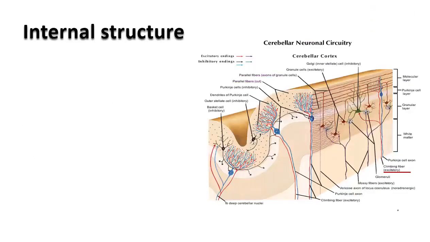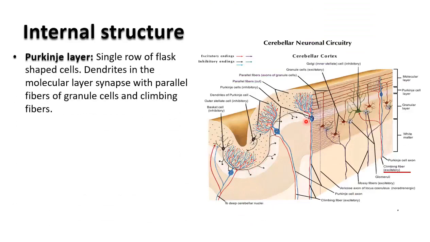So next, passing on to the Purkinje layer, you are able to see a single row of flask shaped cells which are called the Purkinje cells. So these Purkinje cells, mainly the dendrites, I told you, synapse with the axons of the stellate cells and the basket cells. That takes place in the molecular layer. The axons of the Purkinje cells enter into the deeper layers. That is, they pass on to the granular layer and enter the white matter, where they will relay in